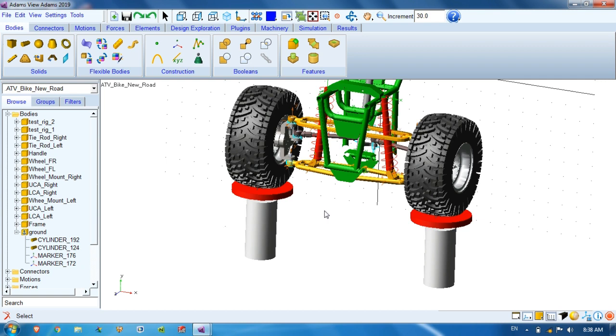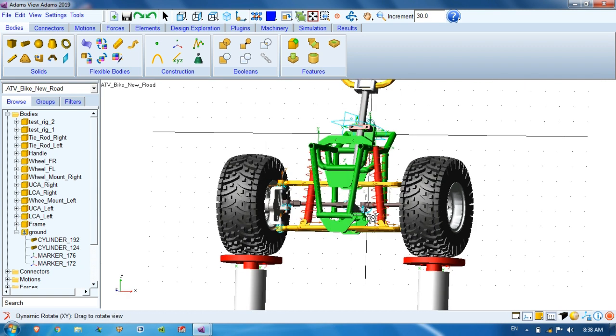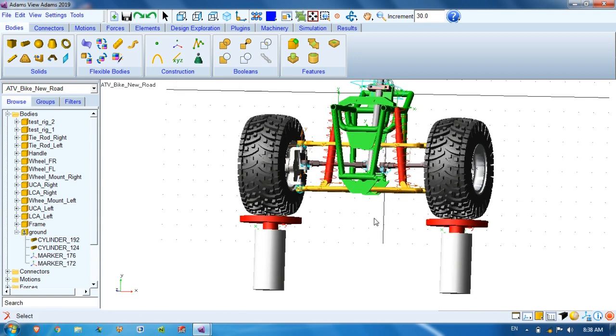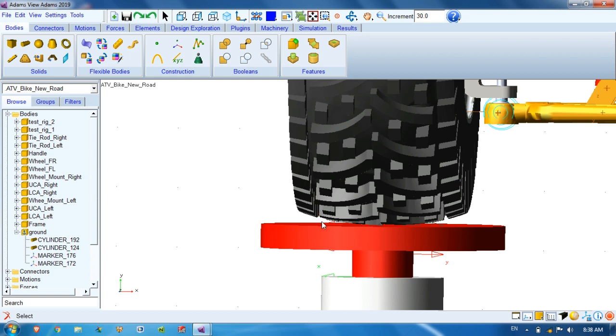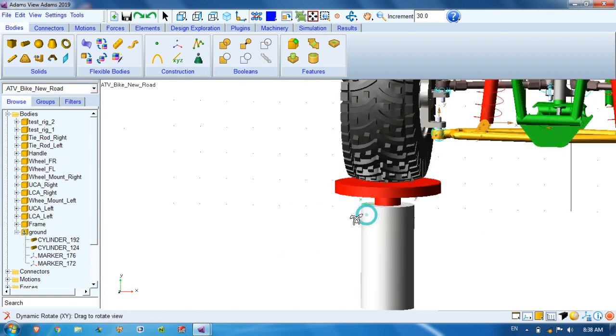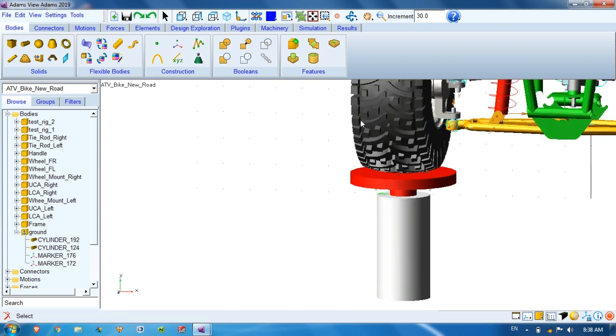Now we have to create joints and contacts between the tire and the test rig. What we have to do first is contact and constraint. Contact will be needed between this tire and this round solid, and the joint will be a planar joint or in-plane joint.